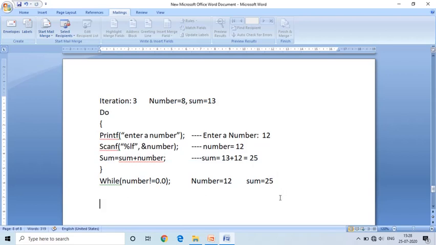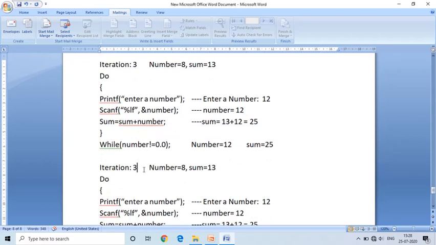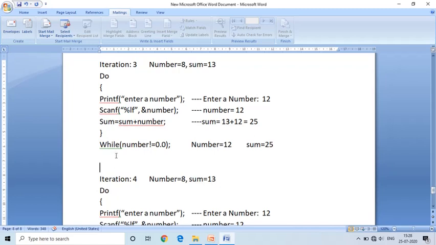After adding these three numbers, the user wants to exit from the summation operation. Before starting iteration 4, the number variable consists 12 and the sum value is 25 as per the memory.